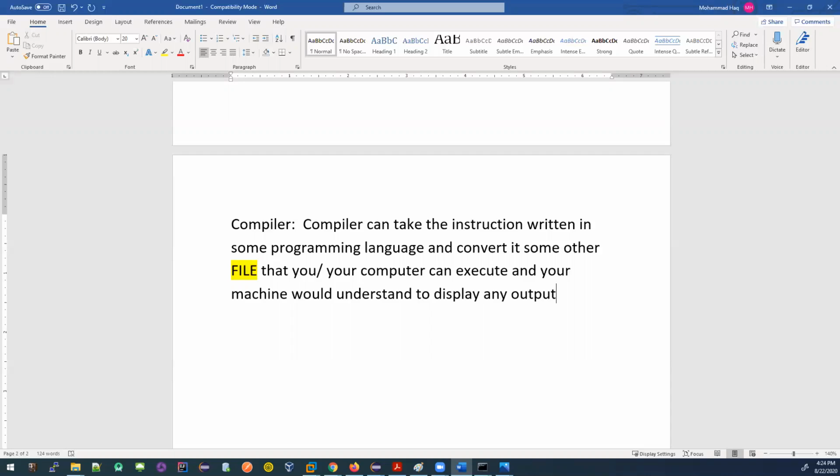The way it works for the C programming language, for example, the example that I showed you: I have my source code, and my source code gets compiled. Then I have some compiled code, and then my compiled code gets executed. Then I have the output.